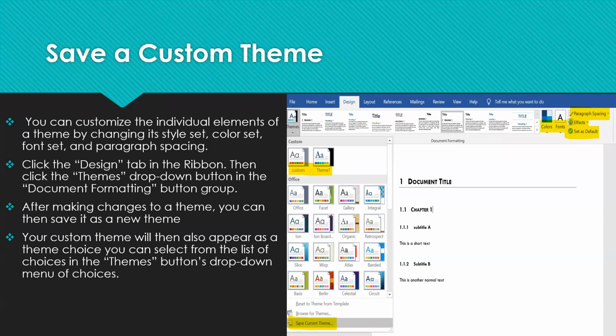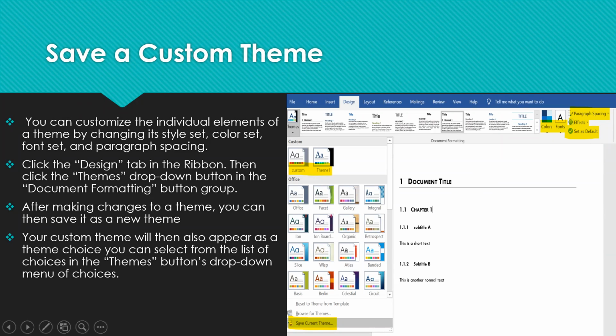So if you change the colors, fonts, and paragraph spacing, you can save it as a separate theme and reuse it at a later point of time. Whenever you change some of these things, you can save the theme using this option here.